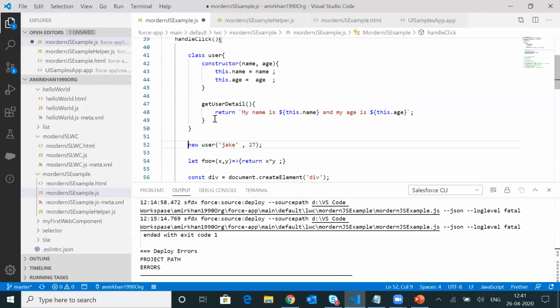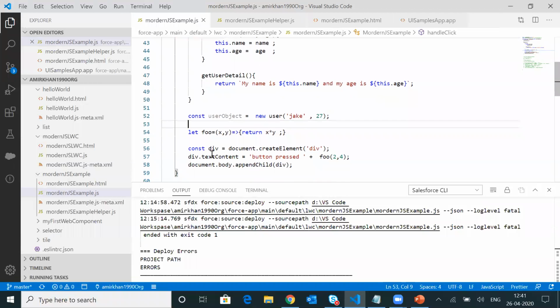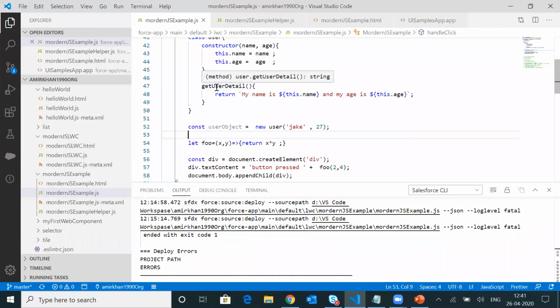I will be assigning the return of this particular object, this particular class, to a constant or a let, or whatever you can use as per your criteria. So I'll be using the constant here, and then the name of the variable, let's say userObject, and here we go. So now we have the user object. Now we will be calling this particular method written in this class on the user with the help of the user object.